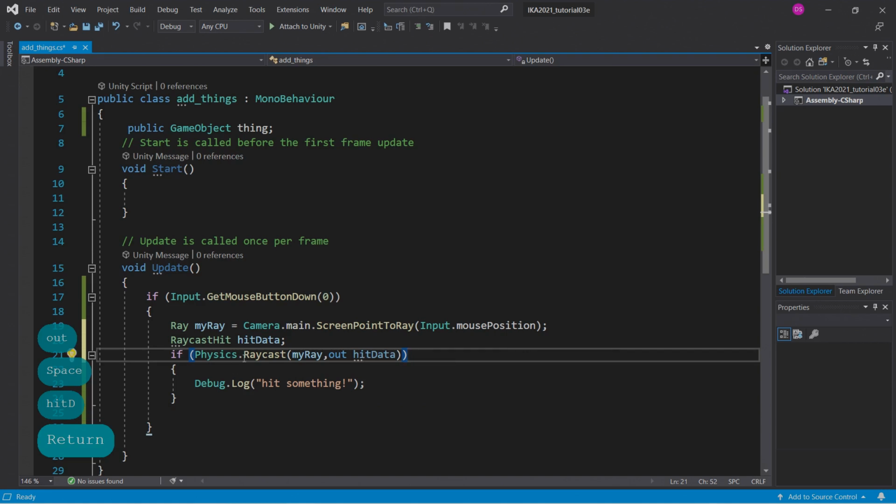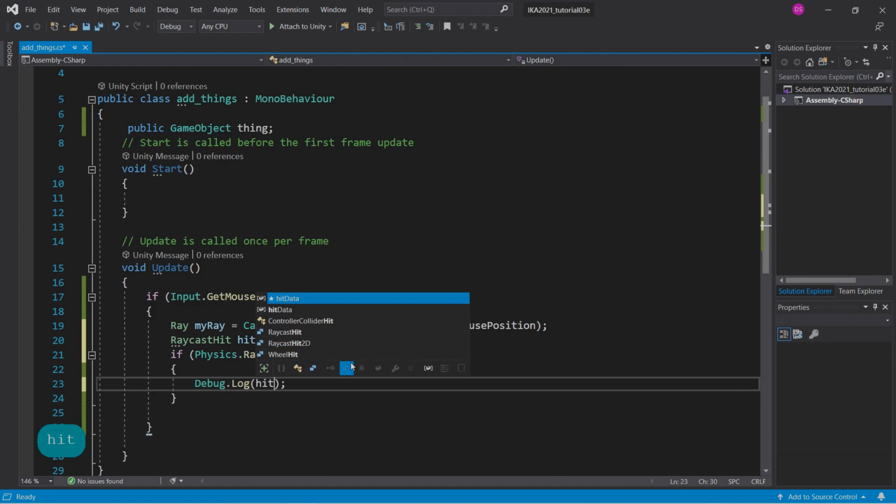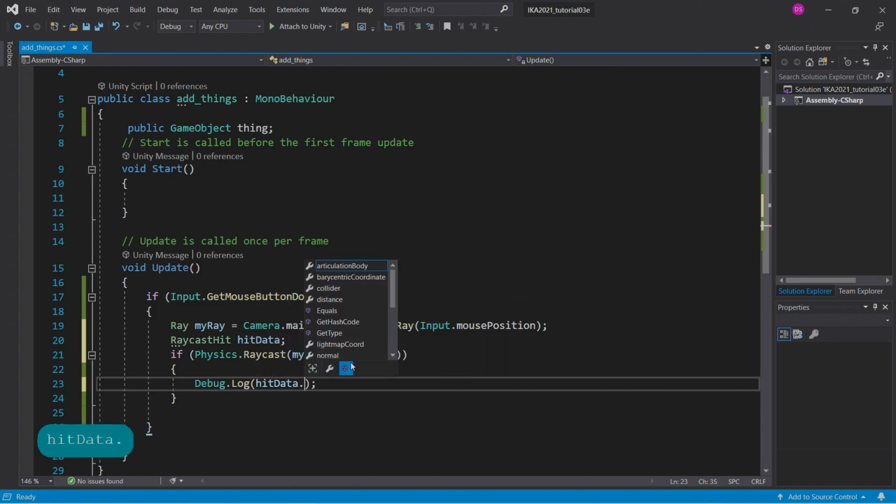Right, so now whenever this happens, my variable is going to be filled with data from this event, which is great, because what that means is I can use this data for some further operations. So let's check what we can find out. Hit data dot. Okay, so we can find out